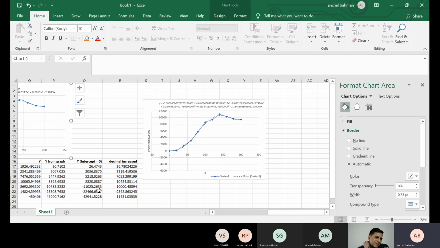But sir, it is changing a lot. Sir, see the difference between these 2 points, when we are just turning the intercept to 0 and when we are increasing the number of decimal points. Actually, it is a problem with Microsoft Excel. I researched it on Google. So that helps a lot with the answers. The negative signs are also turning into positive.